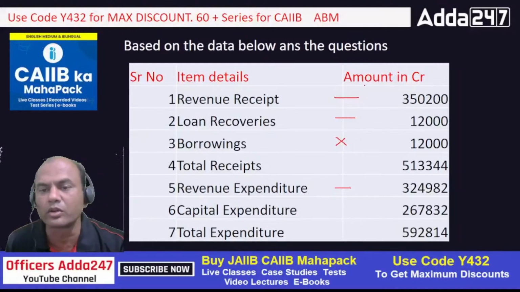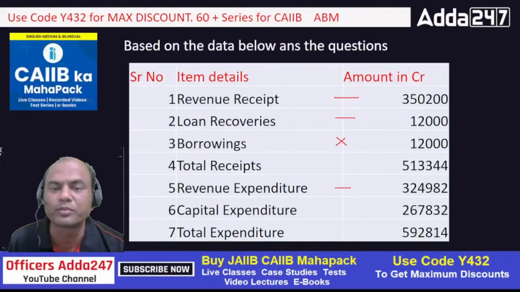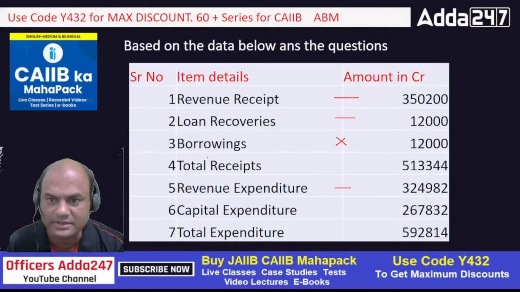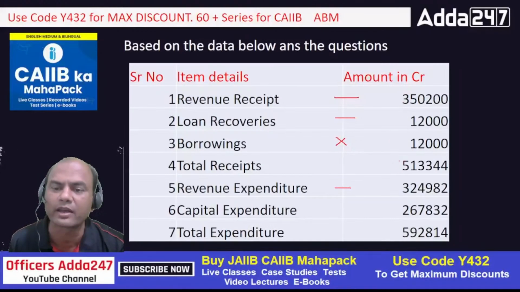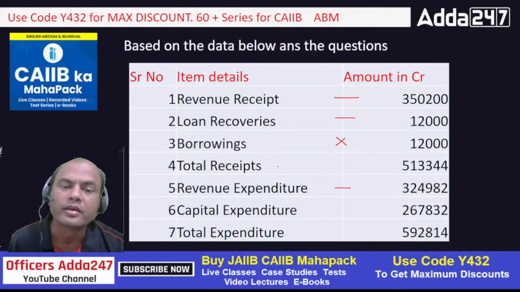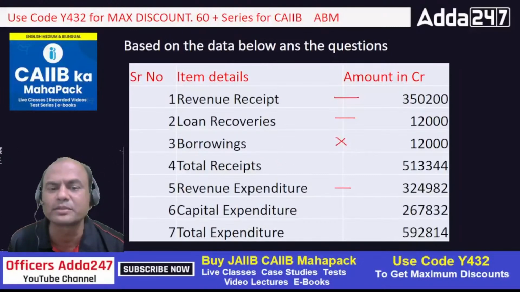See this. I'll always take what is my revenue receipt over here, plus loan recoveries over here, plus anything else there, because this total already adds this also. So we need not add again. Borrowings is an outside part. In fact, total receipts is given over here. Total receipt in the year, it's given. So I'll take this total receipt. Then revenue expenditure, total expenditure I'm having it.